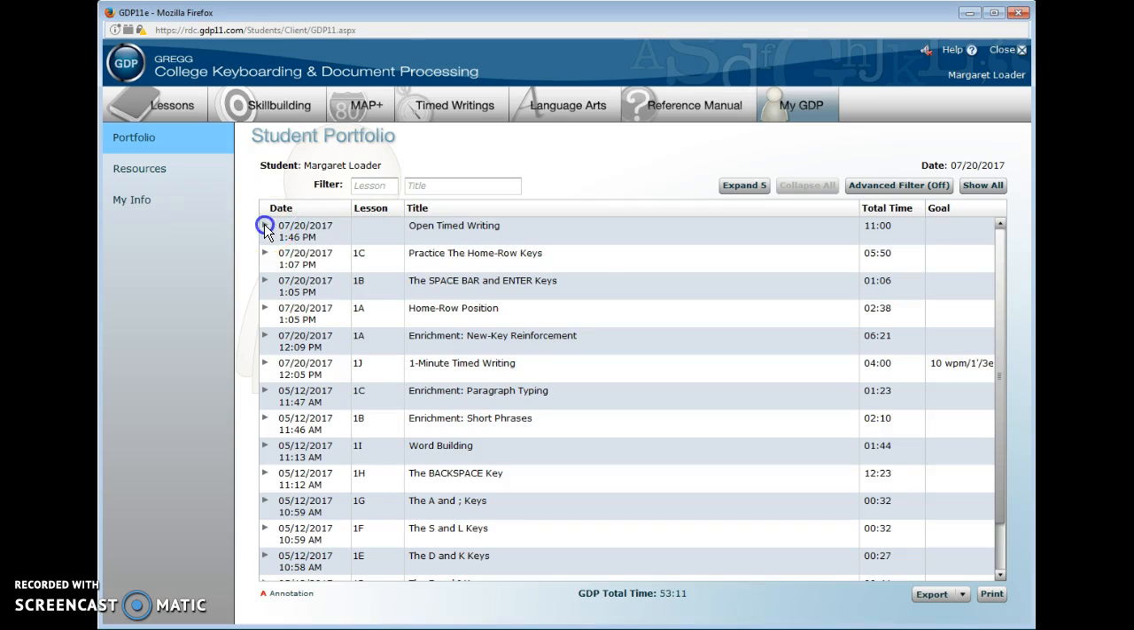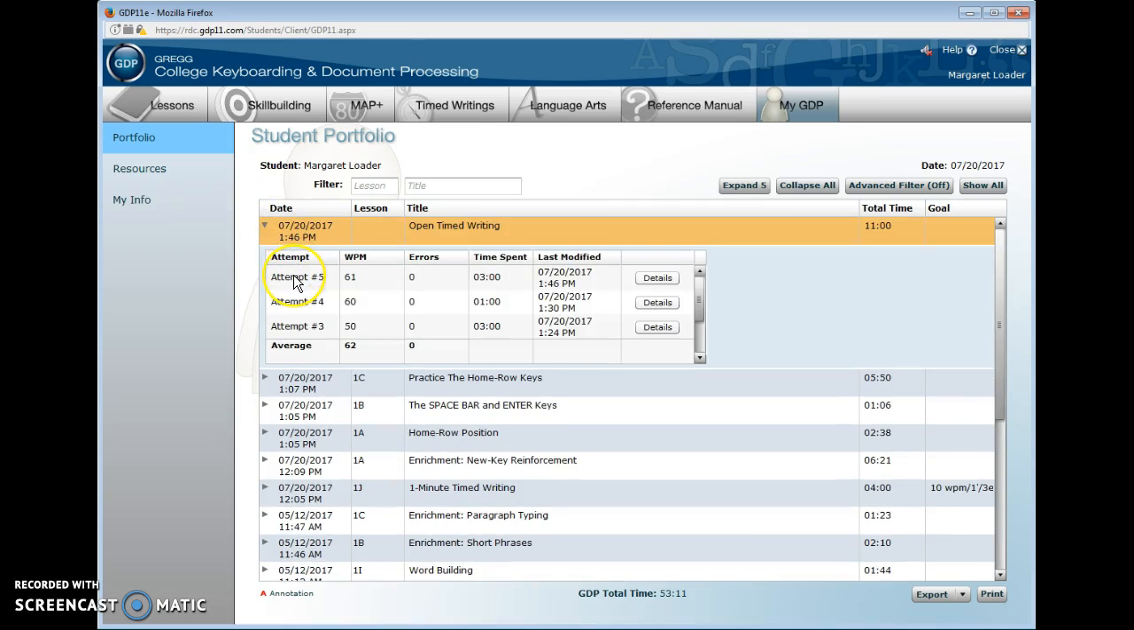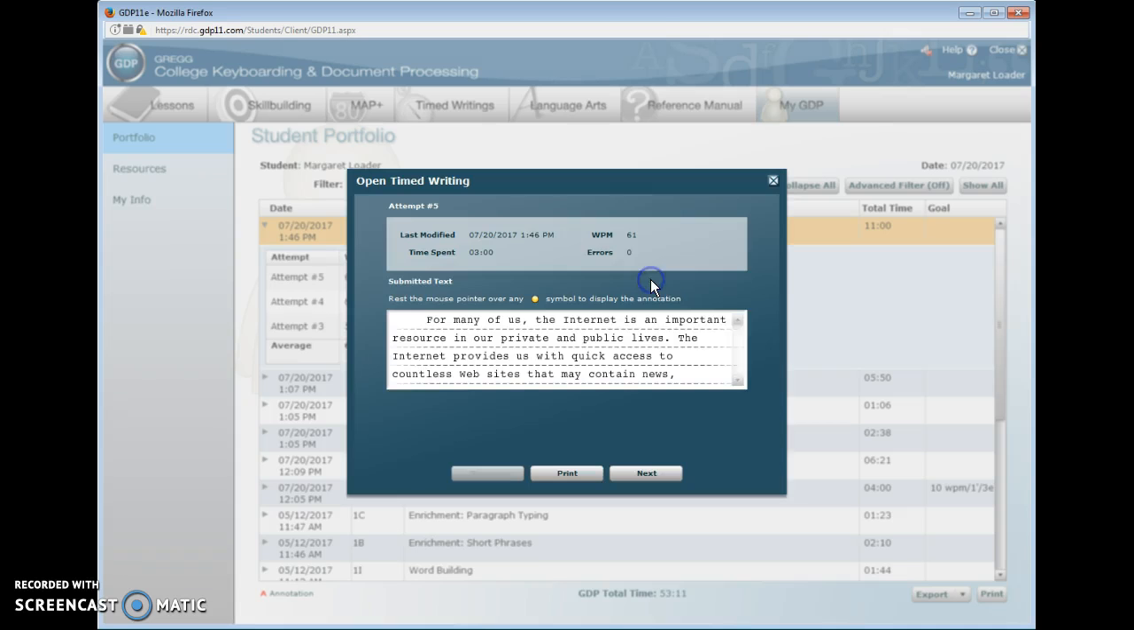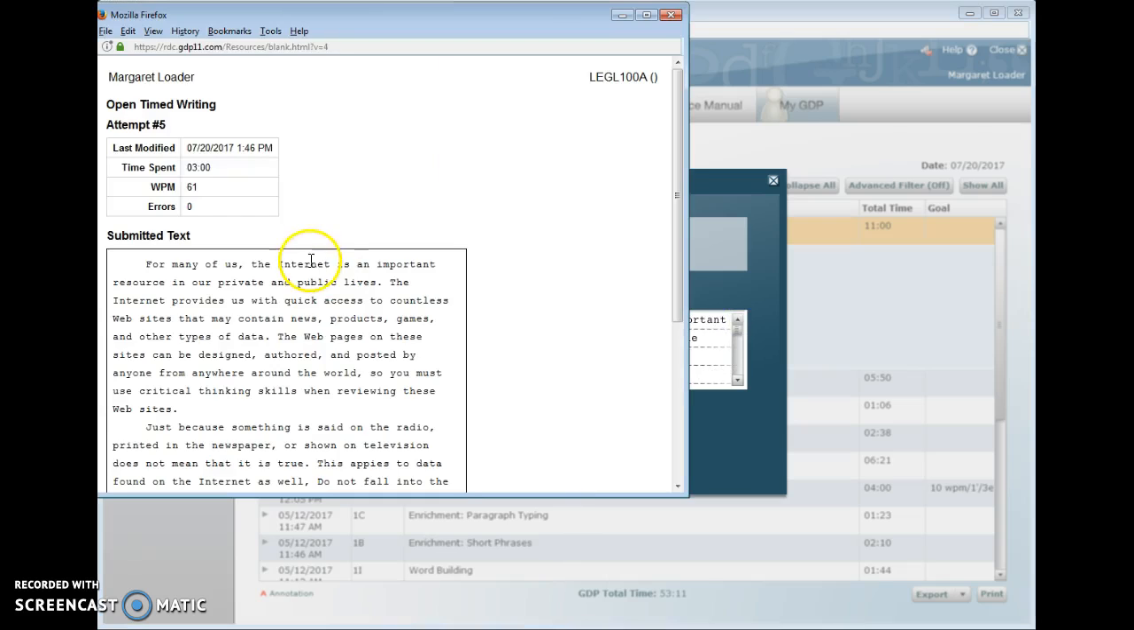So I'm going to click on the little arrow there. And there is my attempt right there. Now it gives me my words per minute, but that's not the net because it will not count your errors. It says 0 errors because that's what I put in. And so what I want to do is print it, so I'm going to click on details, and then there it is right there. I'm just going to click on the print button, and it sends it to or it